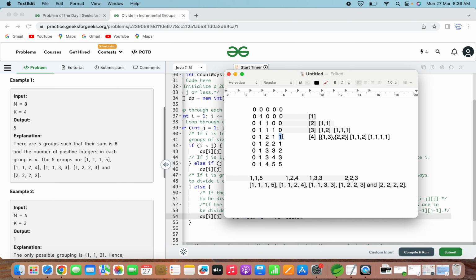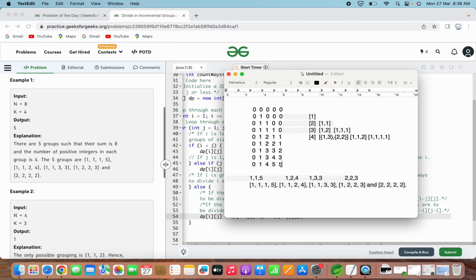So here, if the size is exactly equal to j, that means the maximum size that is equal to k, to get dp of i minus j and j, we have to look at this one. So here we are getting each element as 1. So how to get this one? To each element we have just added 1, and we are getting the desired sum as n, that is equal to 8.